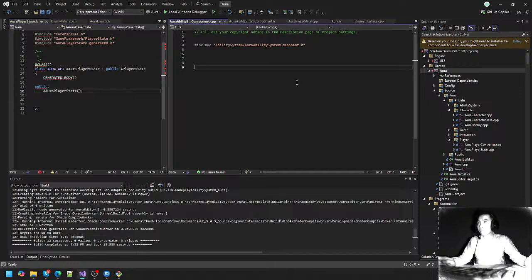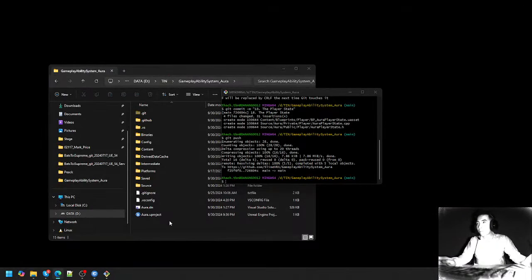Let's look at Aura ability system component. We see that it is based on UAbilitySystemComponent. So this is looking great. So now we have these classes and we can go